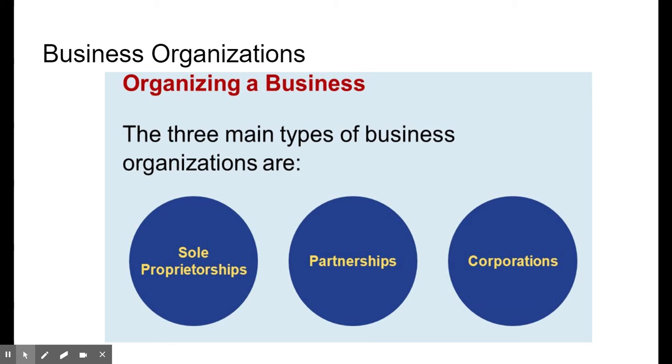The last one I want to mention is corporation. And a corporation is a separate entity that exists apart from its owners. So a group of people, shareholders or stockholders, get together and they form a business, and really it's usually just a couple people and they get other investors to come along. But they form a corporation, and it is a business that has articles of incorporation, actually documents that have to be submitted to the government,